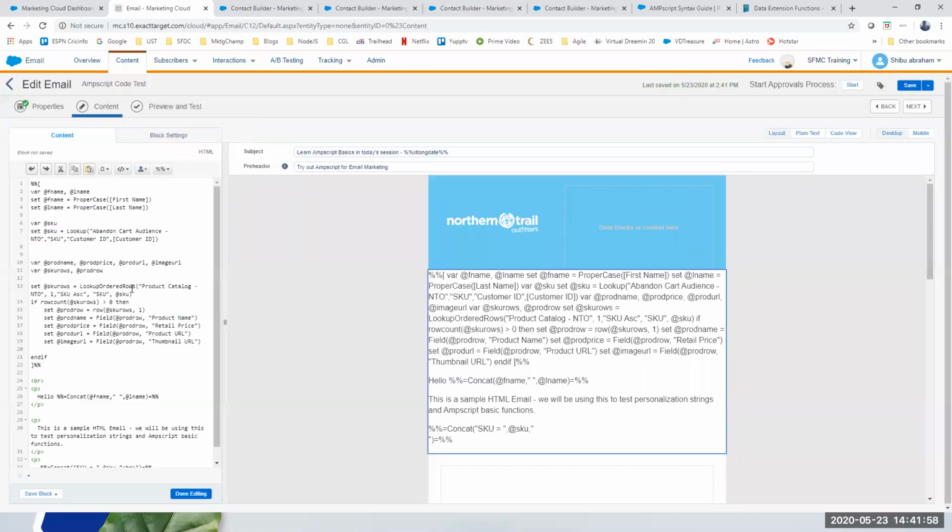I'll declare those values, and now I need a temporary variable to store the rows using the values that I'm returning back, right? So I've used a variable called SQ rows, and I want only one row returned. Because if there is more than one, ideally it will not be there. So I can even use lookup rows as well, but just for showing ordered rows, I put that here. But if you want to use lookup rows directly and you are assuming there's only going to be one row, you can use that also.